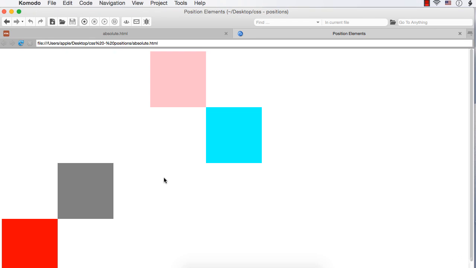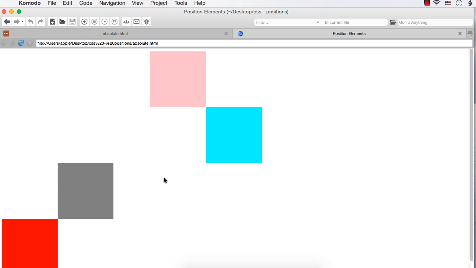In the previous lectures, we have seen three different values that can be set to the position property, and they are static, that is a default value, fixed, which means the item will be positioned with respect to the viewport, that is, the item will be fixed on the screen even if we move the screen using scroll bars. And we have also seen the relative value, which means the item will be positioned with respect to its original position. In this lecture, we are going to see the fourth value that can be set to the position property,